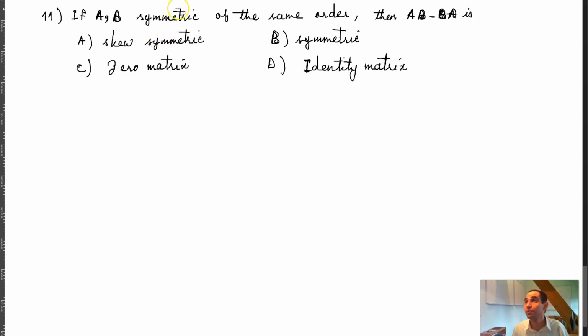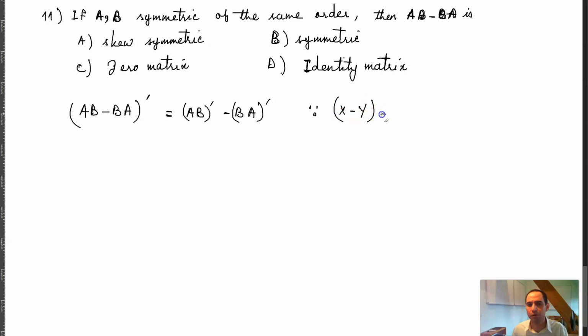So if I write AB minus BA, and take the transpose of that, that's going to be equal to AB whole prime minus BA whole prime, because x minus y whole prime is equal to x prime minus y prime, right? Now